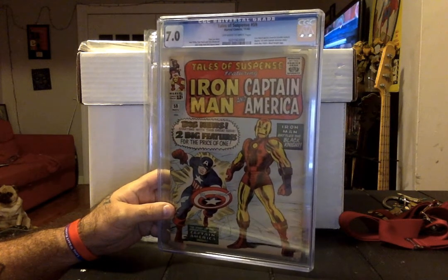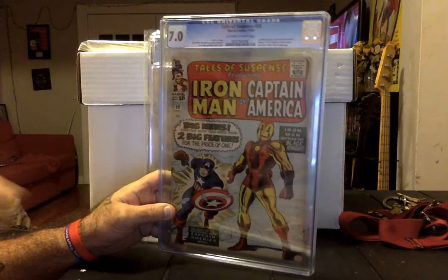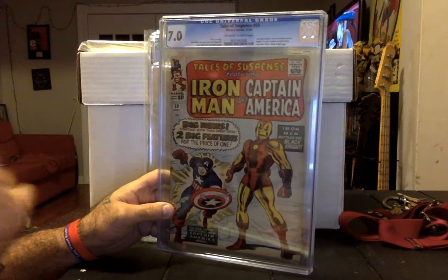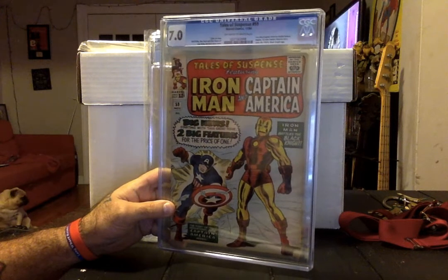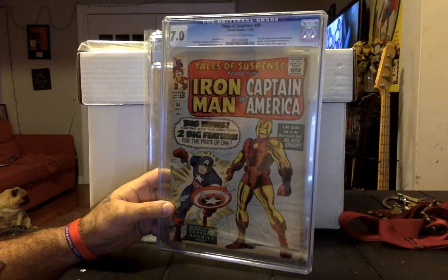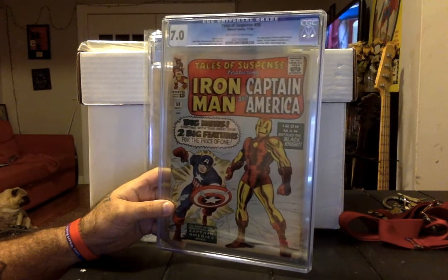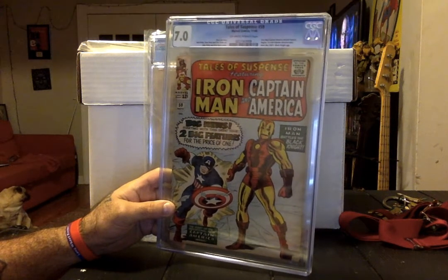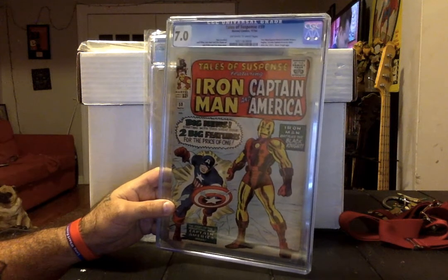Yeah, this is dope. Jack Kirby and Dick Ayers cover. Jack Kirby, Don Heck, and Chick Stone art inside, and Stan Lee stories that he wrote. But this is 7.0, and I got this for close to 200, I think 190-something. I paid for it, but